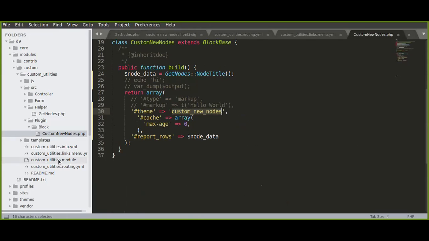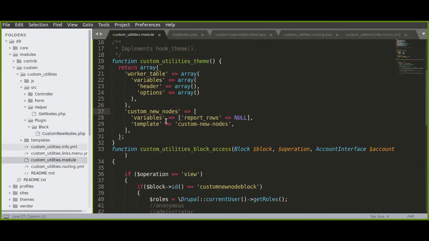Once the theme key is passed to the .module, it will navigate to this area and get the variables through this line and refer to this template, custom-new-nodes. Whenever you mention this template, it will pick up that particular template.